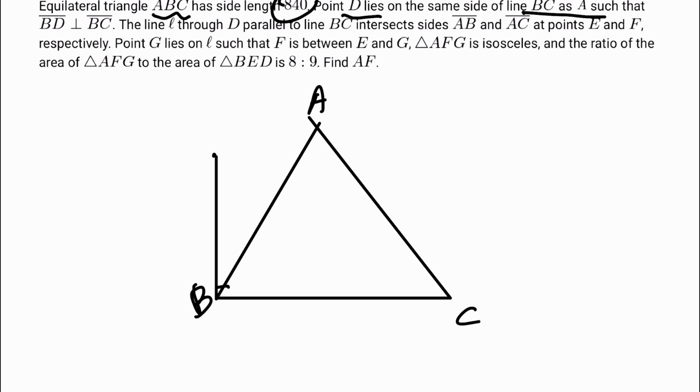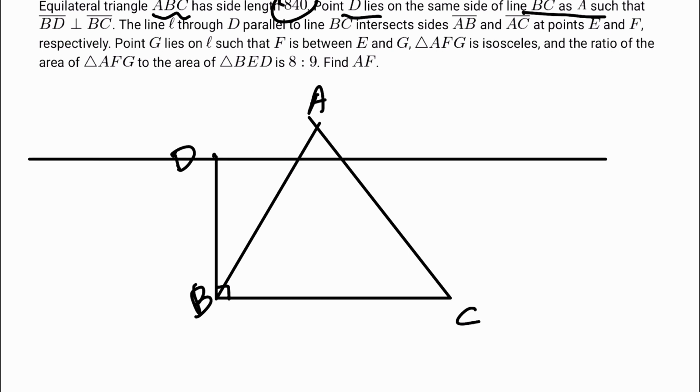So this line L through D is parallel to line BC. So let's say there's a line here. This line is called line L, and that is parallel to BC. So that's another right angle. It intersects AB and AC at points E and F respectively. Point G lies on that line such that